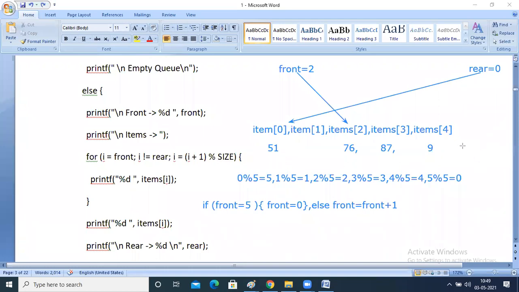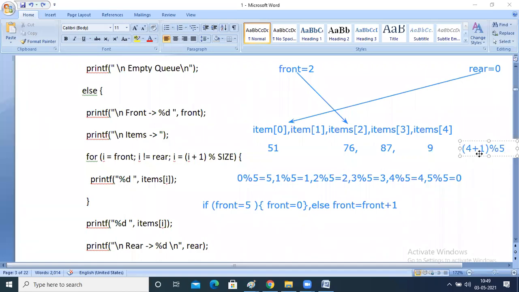You can see here, for example, 4 plus 1 mod 5.